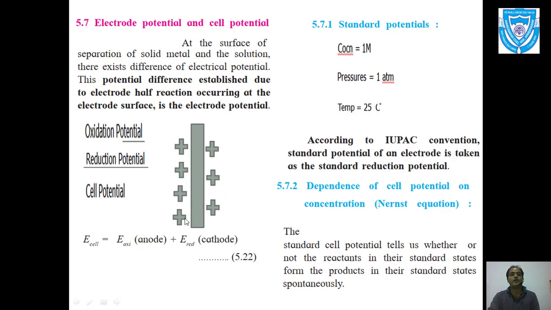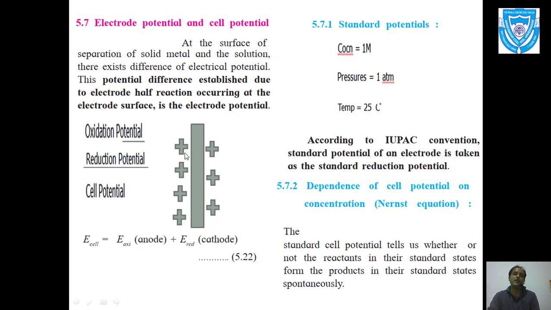In one case, the electrode is negative and the ionic solution is positive here. In the other half cell, this electrode is positive and in its vicinity, negative charges will accommodate. So there is the other one. So oxidation potential,